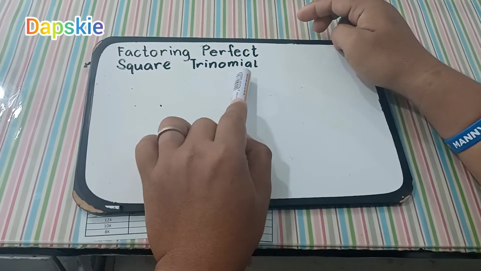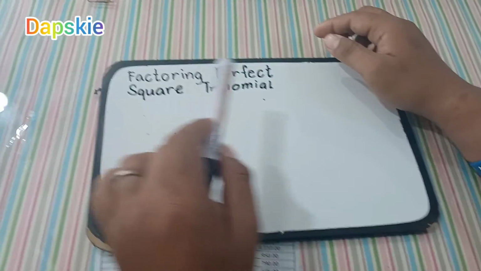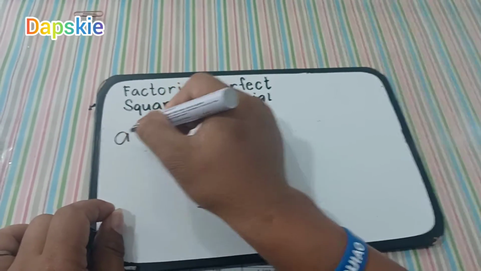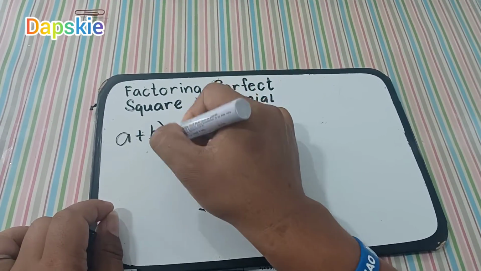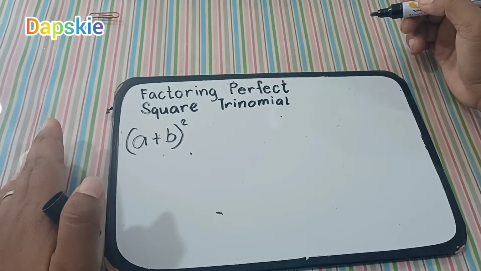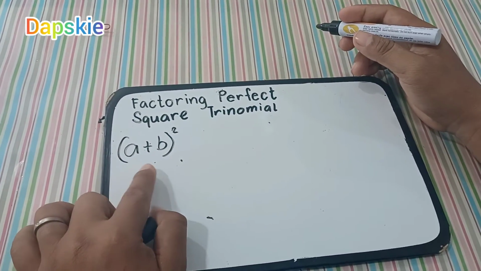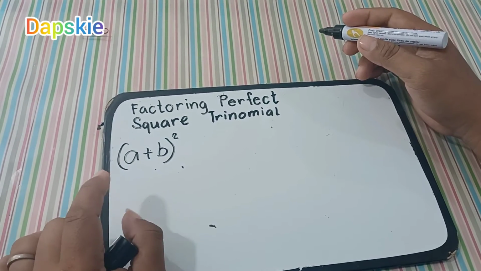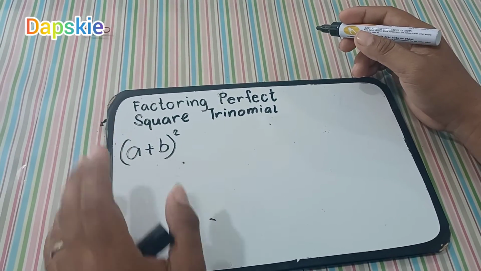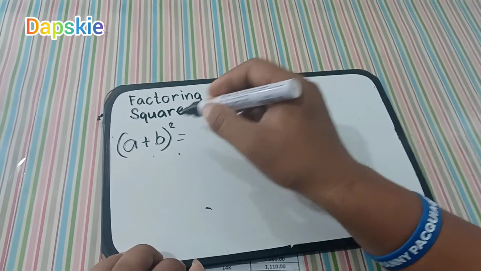So, trinomial it means 3 terms. Like for example here, if we have a plus b, ito yung tinatawag na square of binomial, square of binomial because two terms. So paano natin ito i-factor? Square the first term, a times a,